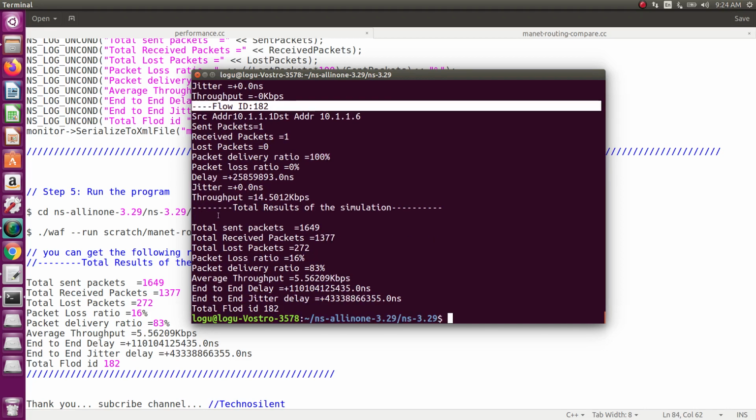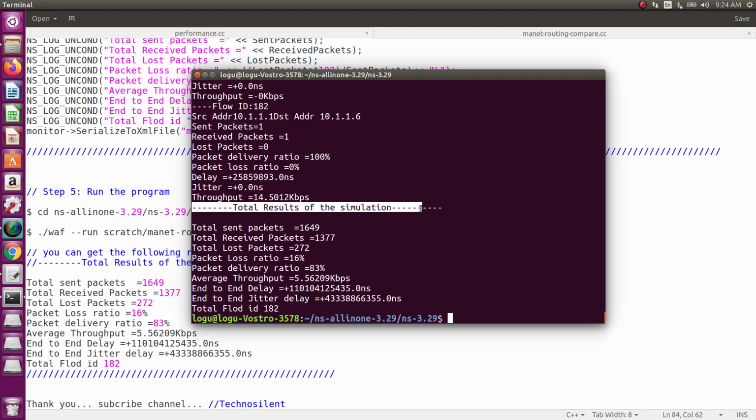After that comes the total result of the simulation. This is the very important section for your research. Total sent packets means the total number of packets for each and every flow ID, which is 649.